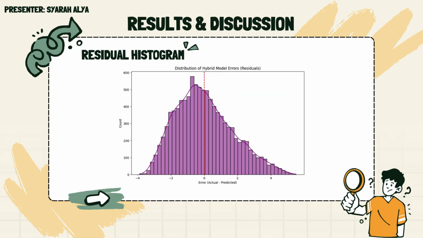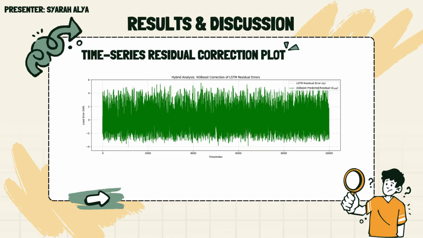Moving on, we're going to examine the residual behavior to assess prediction bias. This histogram shows the distribution of residuals, calculated as the difference between actual and predicted values. Most residuals are centered around 0, indicating that the model does not consistently overestimate or underestimate power consumption. The roughly bell-shaped distribution suggests that the errors are random rather than systematic. This is a desirable property because systematic bias would indicate missing patterns in the model. The limited number of extreme residuals shows that large prediction errors are infrequent, which is critical for maintaining grid stability in real-world application.